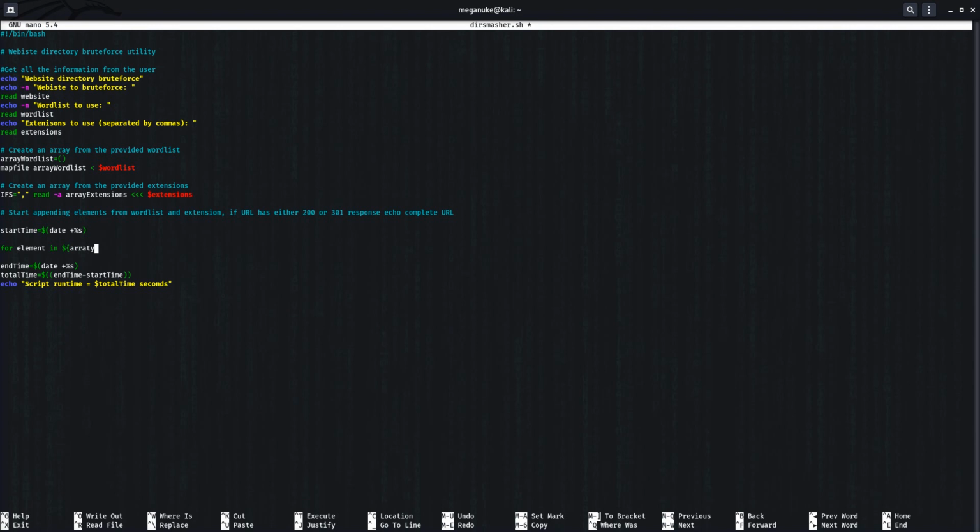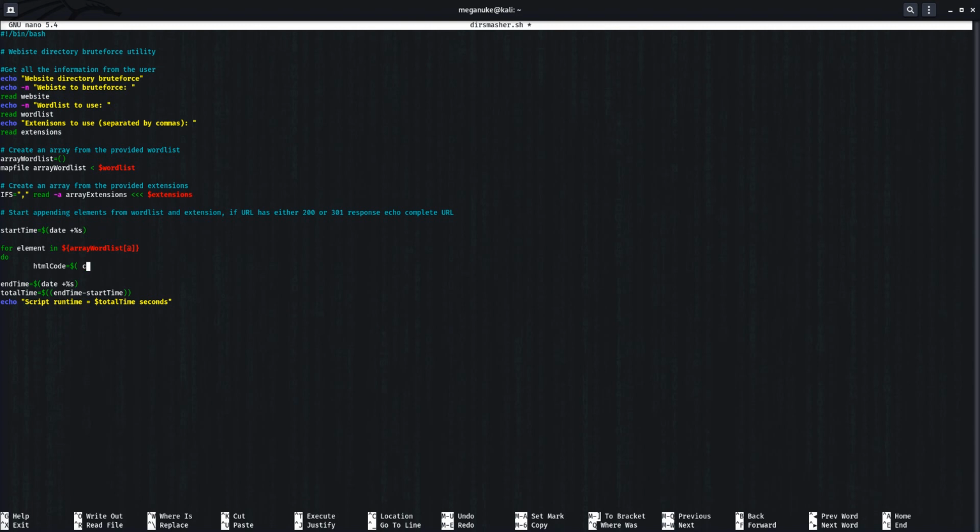There's array word list, and we're gonna have to use the @ sign here. This means for every element in the array word list, we're